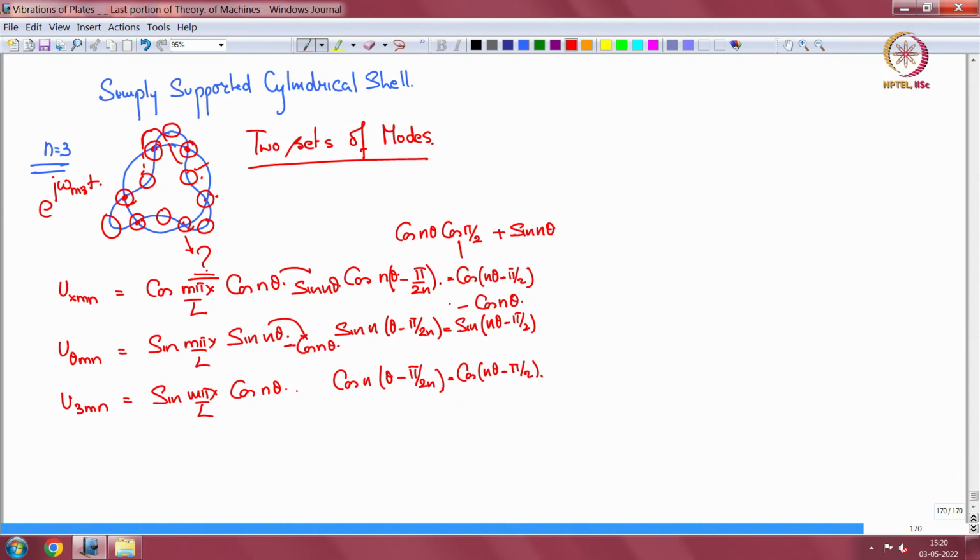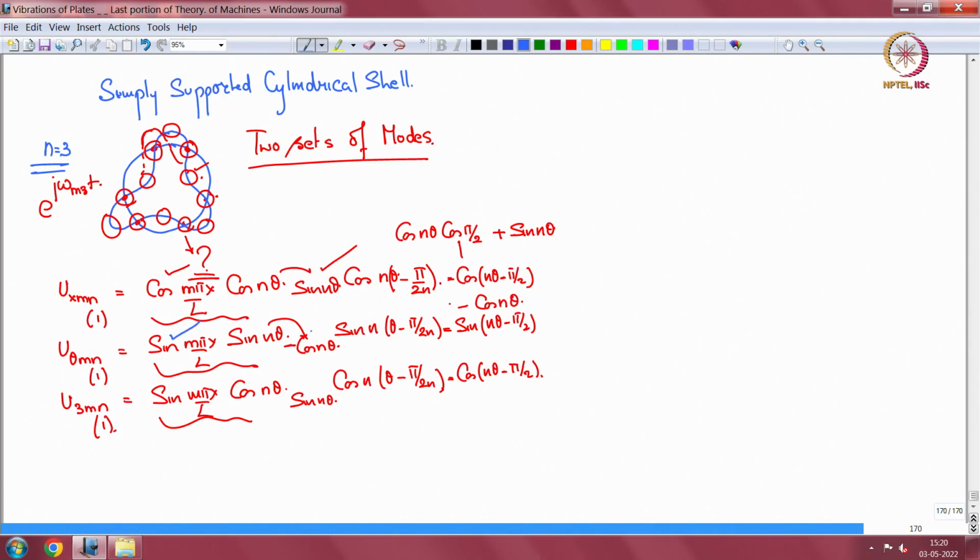So, I get sin n theta. Okay. So, this forms the first set. The other set is cos m pi x by L sin n theta,